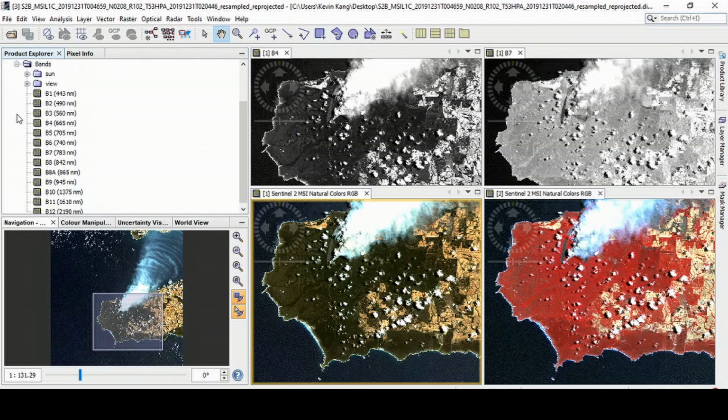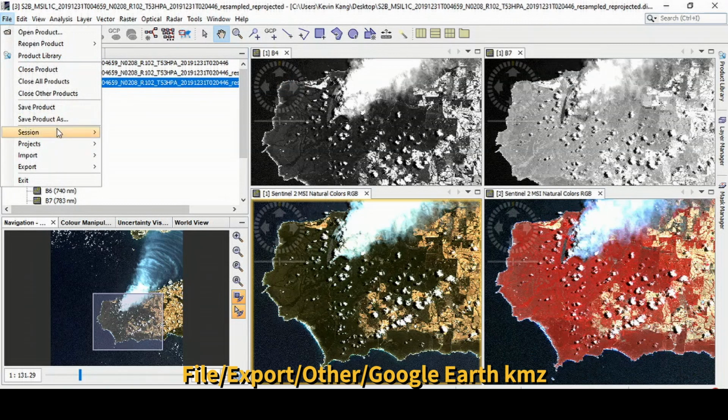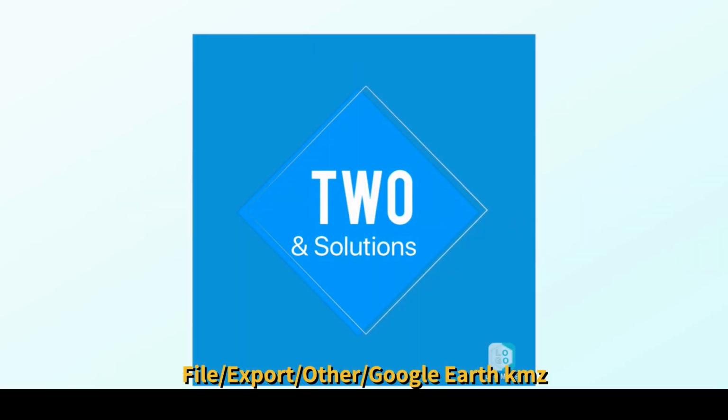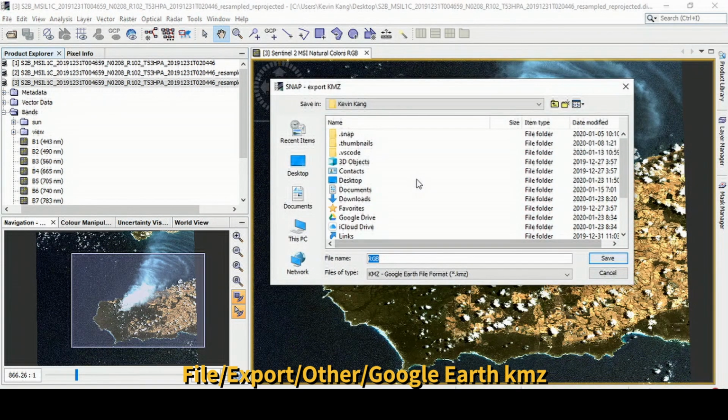So and then I did. So once you did, then export other and Google Earth KMZ file. And then you can save it in KMZ format.